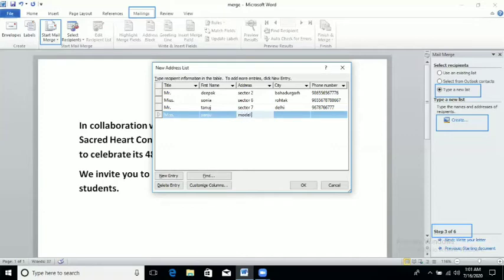In the address field I am filling the address, the phone number, all according to the columns I am filling here. So I have entered four records, one more I am entering. You can enter according to your requirement.